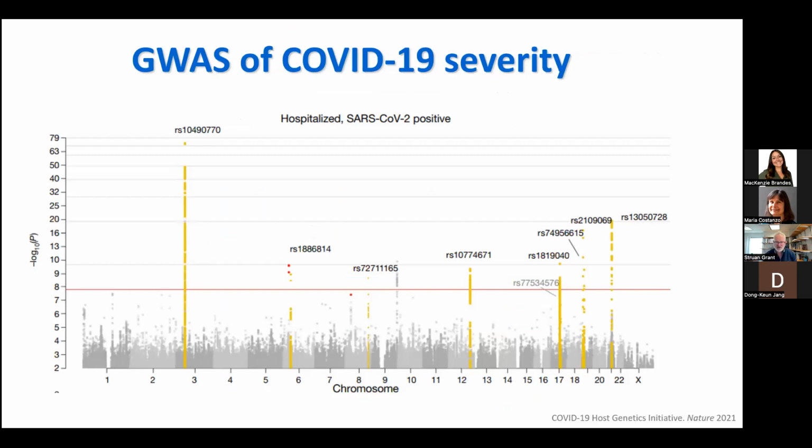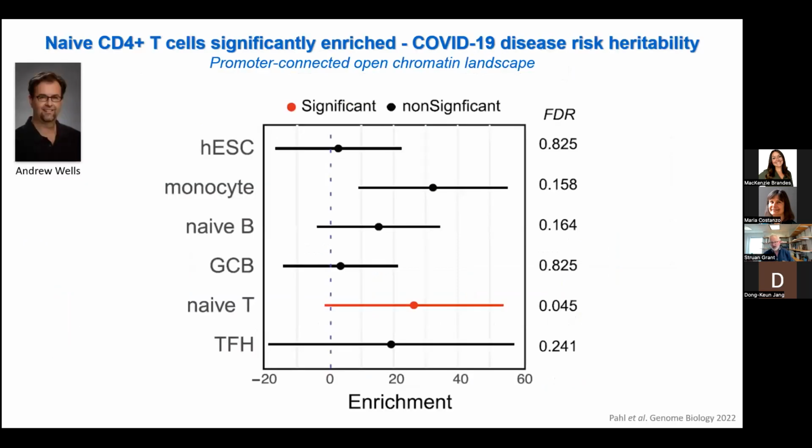So this is COVID severity, a recent GWAS, obviously very topical. And we took those loci and asked, well, what does our data point to? I won't go into the variant gene mapping piece, but I will talk about the LD score regression again, just asking which of those loci are enriched in our features. And what we find in our hands is that the loci en masse are enriched in naive T cells. So that's what we see.